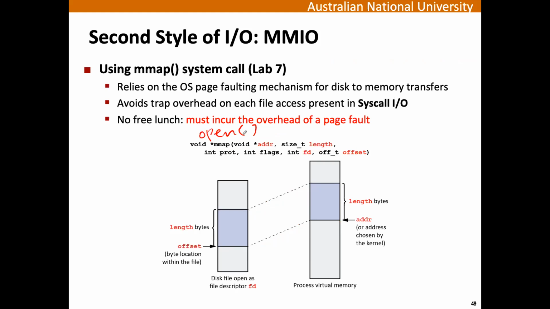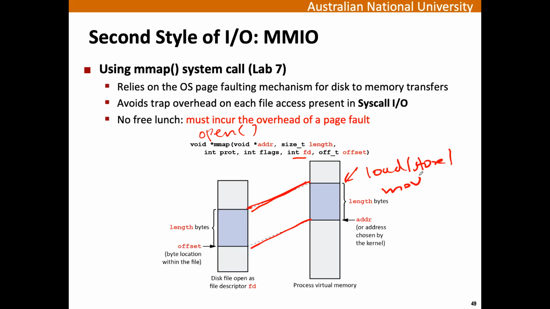So this is a style of IO where you don't have to use the read and write system calls. You use mmap to create a mapping in your virtual address space and provide a file descriptor to tell the kernel that behind this mapping is an actual file. Once the mapping is reserved, the moment you try to read or write to any address inside this mapping using regular load, store, or move instructions,